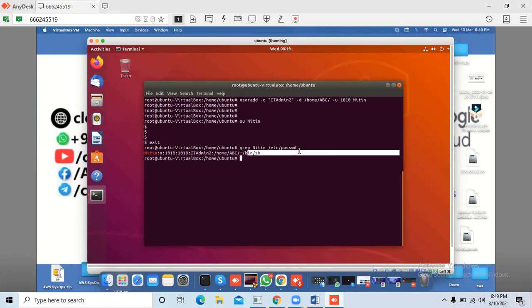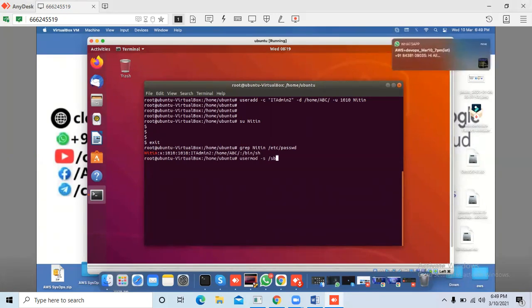We can also modify this. usermod -s for the login shell, sbin nologin, and the username is Nitin. Hit enter. Created.